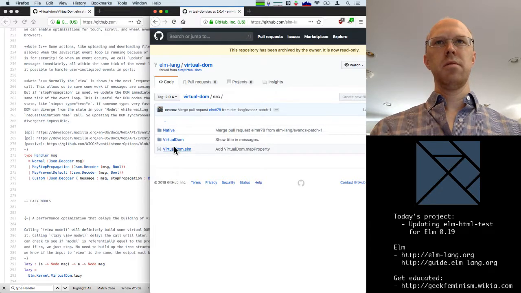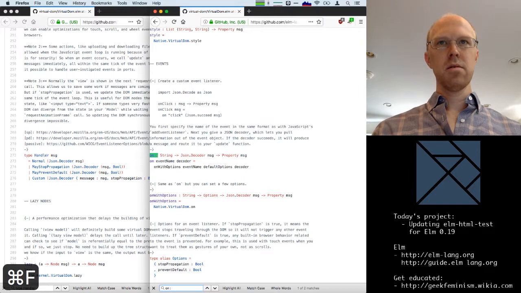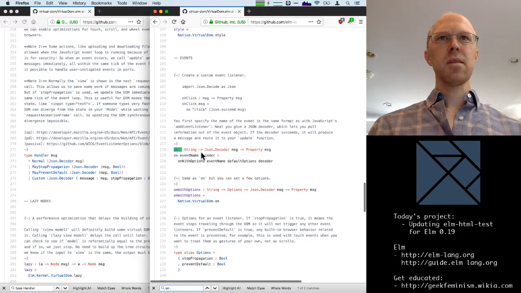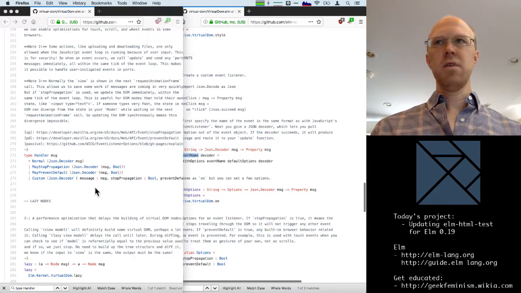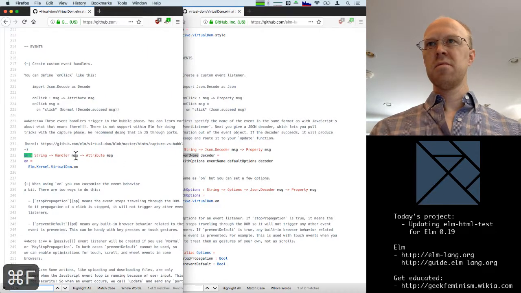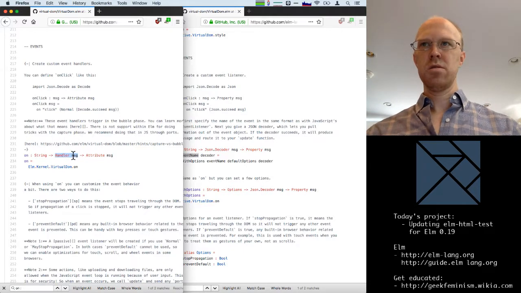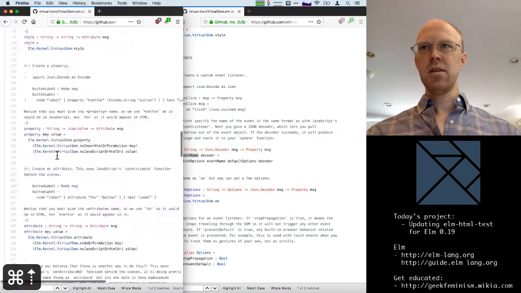Virtual DOM. So this also had on. On would take an event name and a decoder. I see, and here it takes a handler instead, which will contain a decoder.